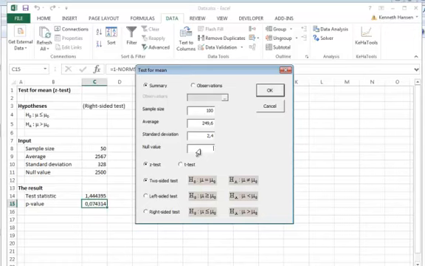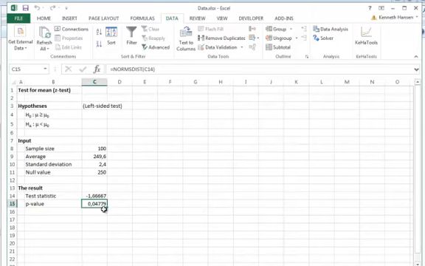The null value we are going to compare with is 250. Again we have a large sample, so we use a z-test. Now we want to conclude that the mean is below 250, so that is our alternative hypothesis. So we test left-sided and get this p-value.